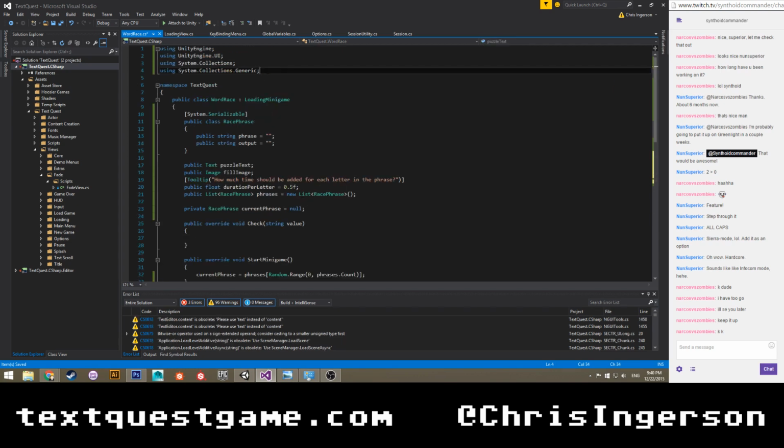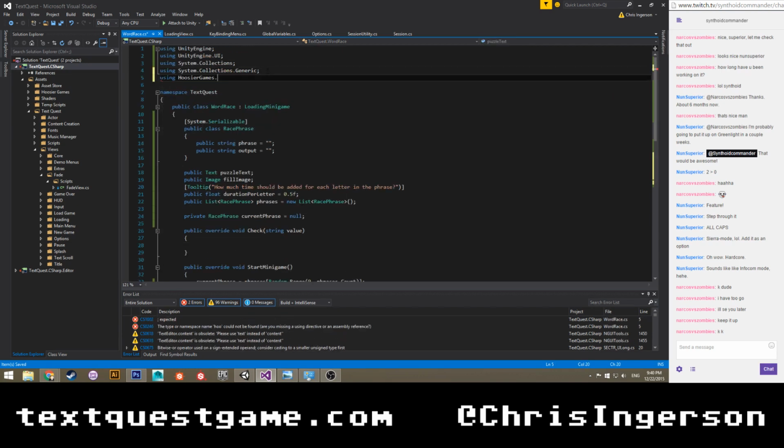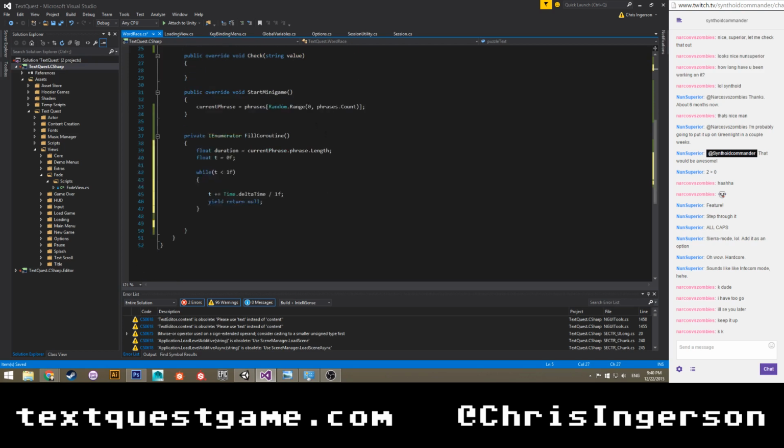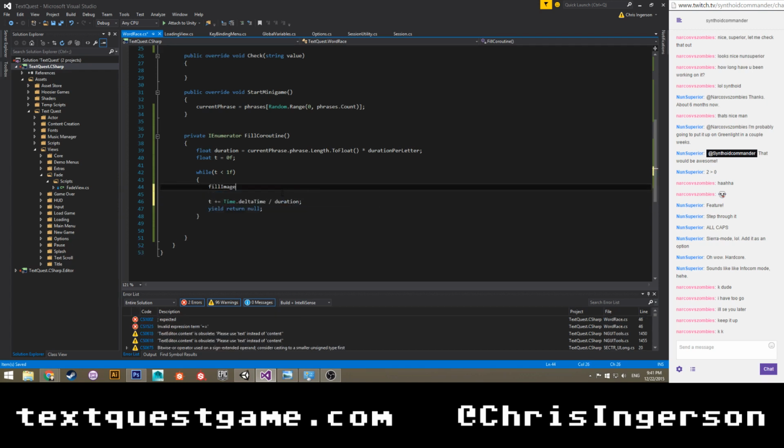Give me a second. Using HoosierGames.Common. Forgot to import my own scripts. Dot ToFloat times duration per letter. Okay. So this will be divided by duration. And then we're going to say fill image dot fill amount.